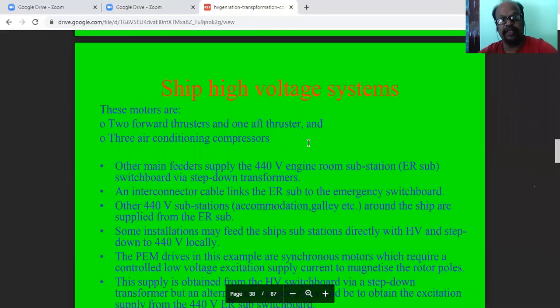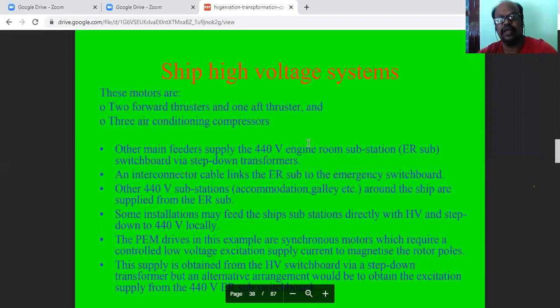And mainly we have seen two forward thrusters and three air conditioning compressors. It has already been told that in terms of megawatts, each switch may be this much size. So SCR here is not like what we use in the laboratory at very low voltage, which you can hold in your hand with two fingers. For a 10 megawatt generator rating and a 12 megawatt motor capacity, we may have to go for a 2000 ampere SCR. That may be very big in size.